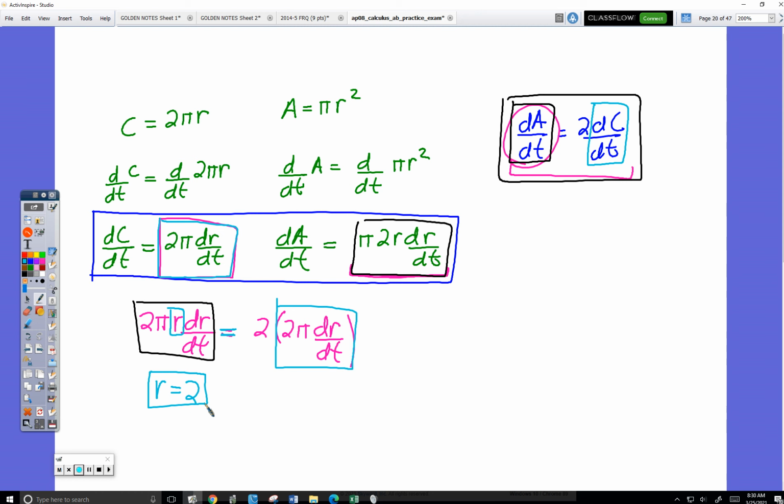Three for Emmy. Question. Please. Let's say though that it wasn't really obvious. How do you figure out, because I see a variable at dr/dt and at R, so how do you solve for that? No, really good question. We're trying to get the R alone, so you can do it. Just tell me what you would naturally think to do if you were trying to get the R alone. Well, I first divide out all those other numbers, so 2 and pi dr/dt. So divide both sides by 2 pi. 2 pi, what would that give you? What's the new equation? R